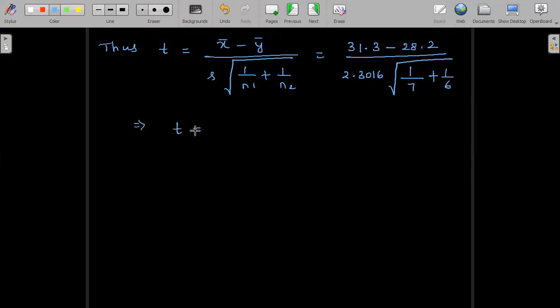So on evaluation, we get T equal to 2.42, and 2.42 is a value greater than T 0.05, which was given in the data, which is 2.2 for 11 degrees of freedom. It is 11 degrees of freedom because N1 plus N2 minus 2 gives us degrees of freedom for two samples. So the calculated value of T is 2.42. So we observed 2.42 is greater than the table value of T. Hence, H0 is rejected.